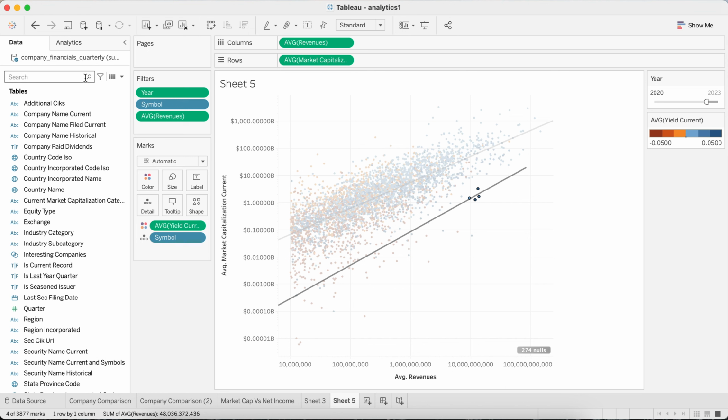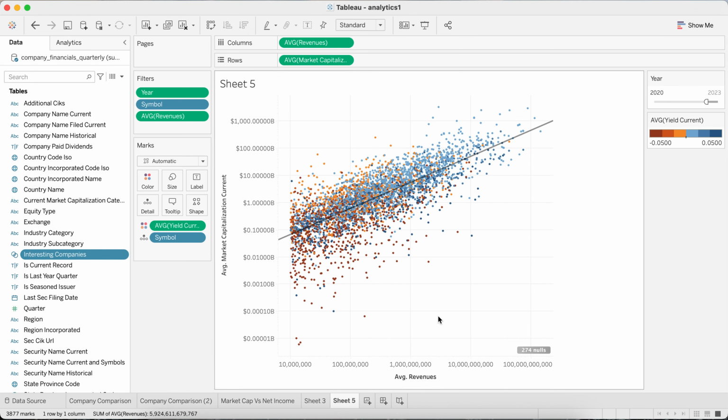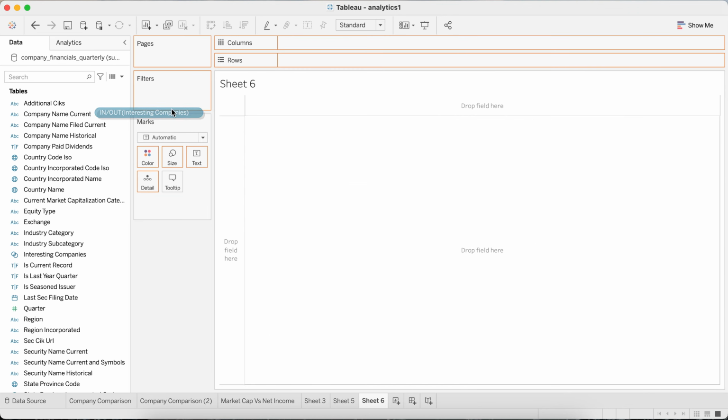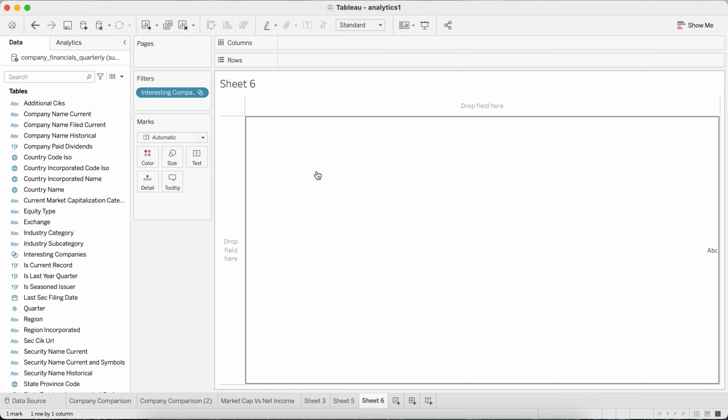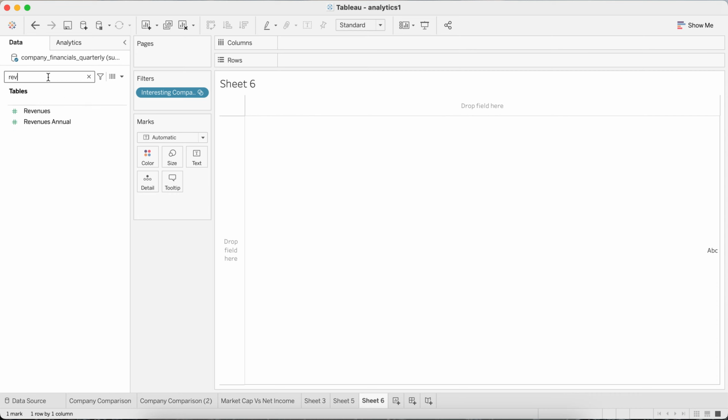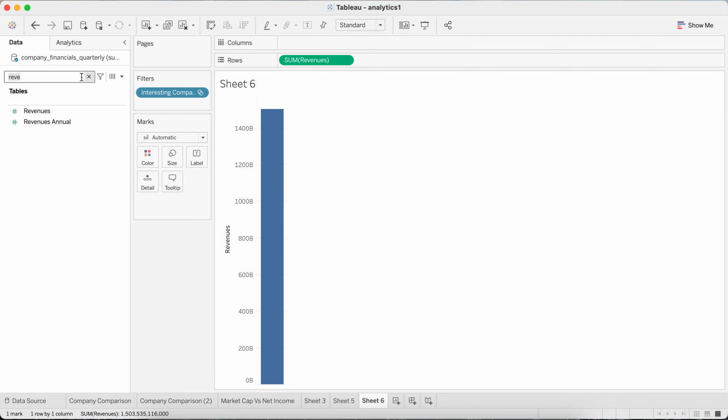Okay, so I have that set, interesting companies. Okay, so I've highlighted them. Let's create another workbook and let's take a look at those companies. We'll add them to their filter, and let's take a look at revenues,